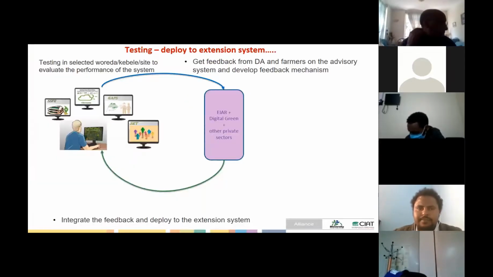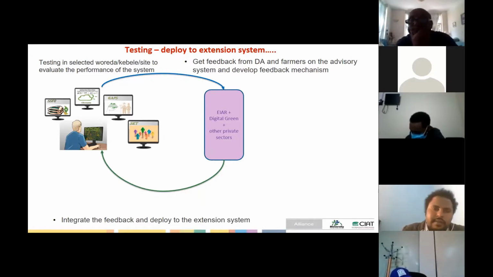So this agronomic response unit recommendation at this scale is also another option. Once we have all these set up, revised and discussed with researchers, then it will be tested in selected Kebeles or Woredas or sites, whatever location we have options, and then we see what the performance is in comparison to the other options we have so far.